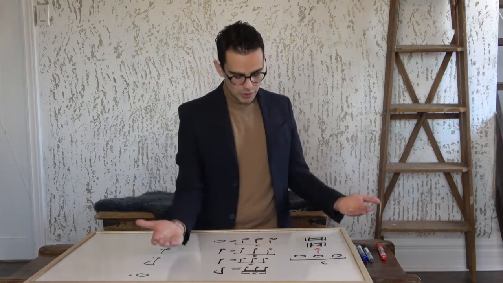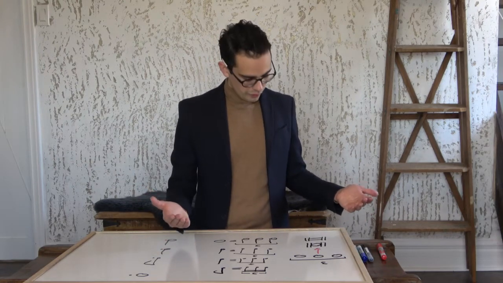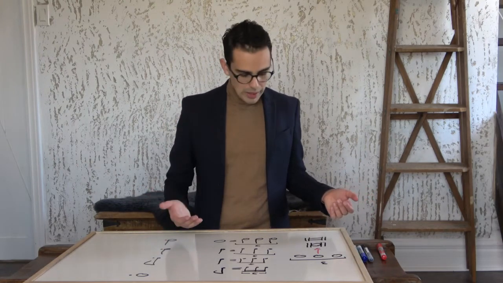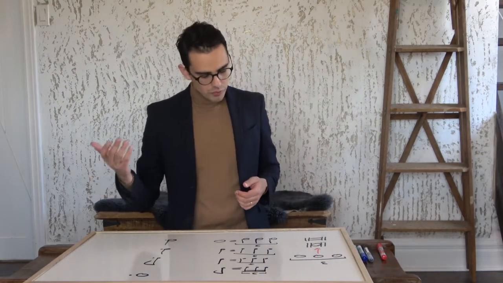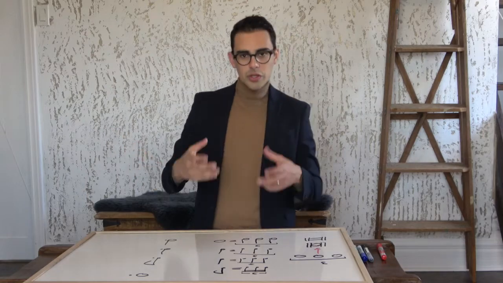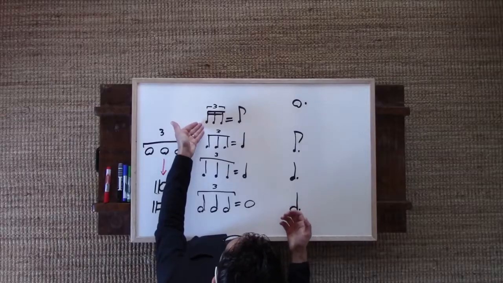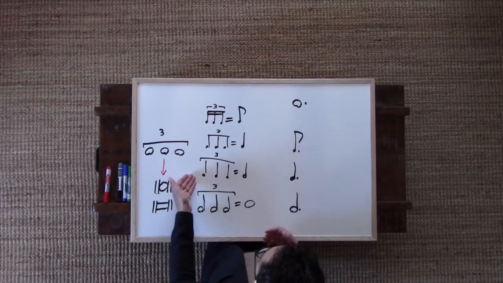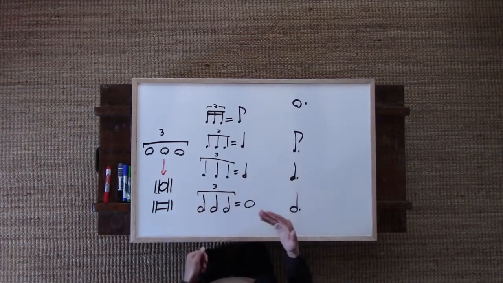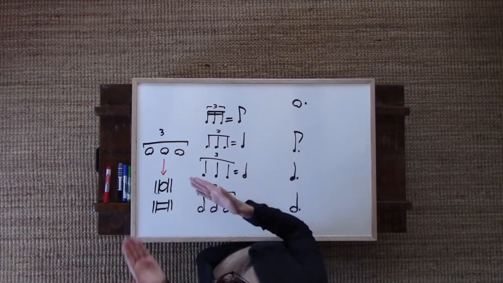So there's a small chart of triplets, just to review. A triplet is equal to 1 note of the next greater note value to what you're actually looking at. So a 16th note triplet is worth an 8th note, an 8th note triplet is worth a quarter note, a quarter note triplet is worth a half note, a half note triplet is worth a whole note, and a whole note triplet is worth a